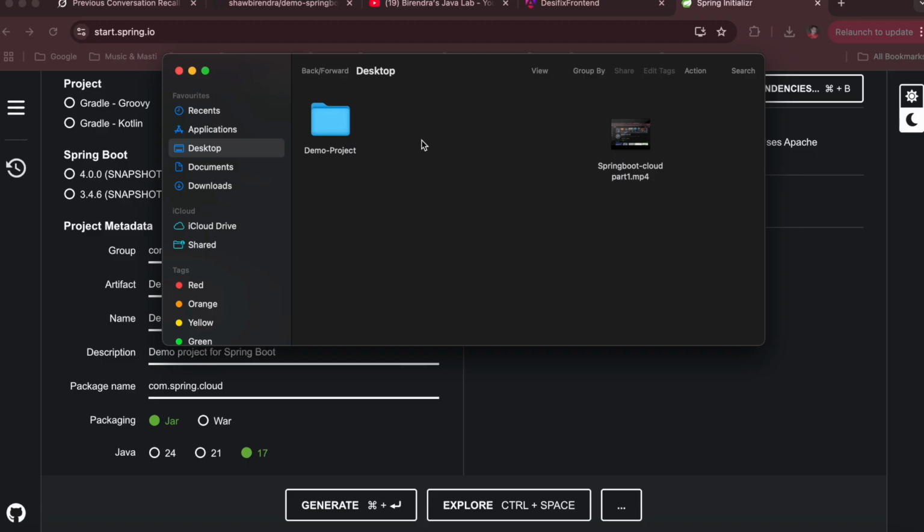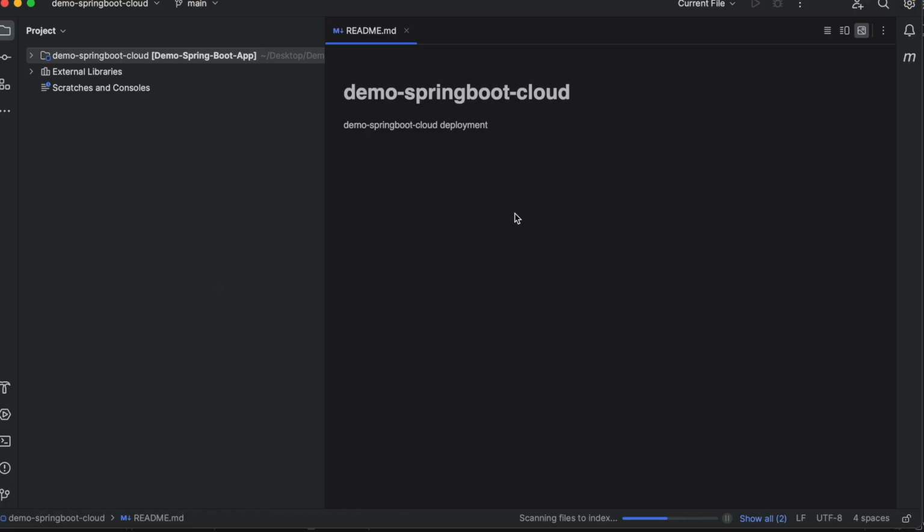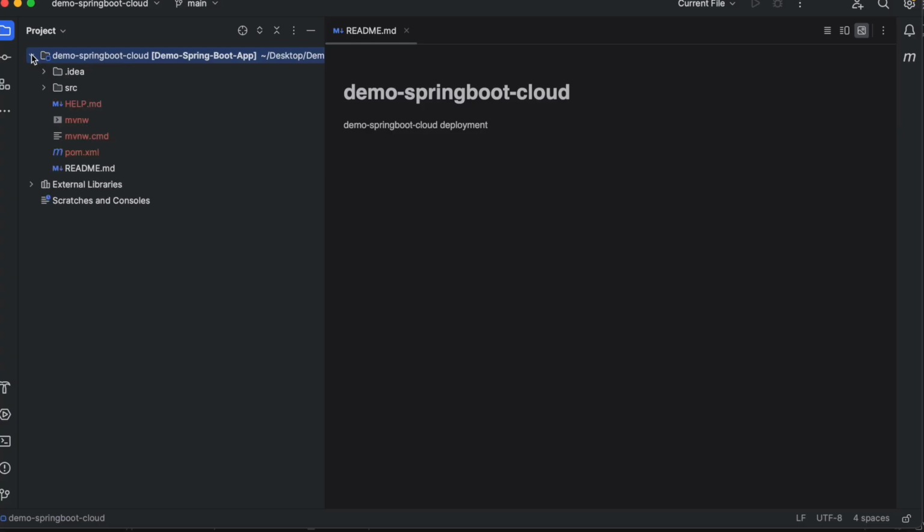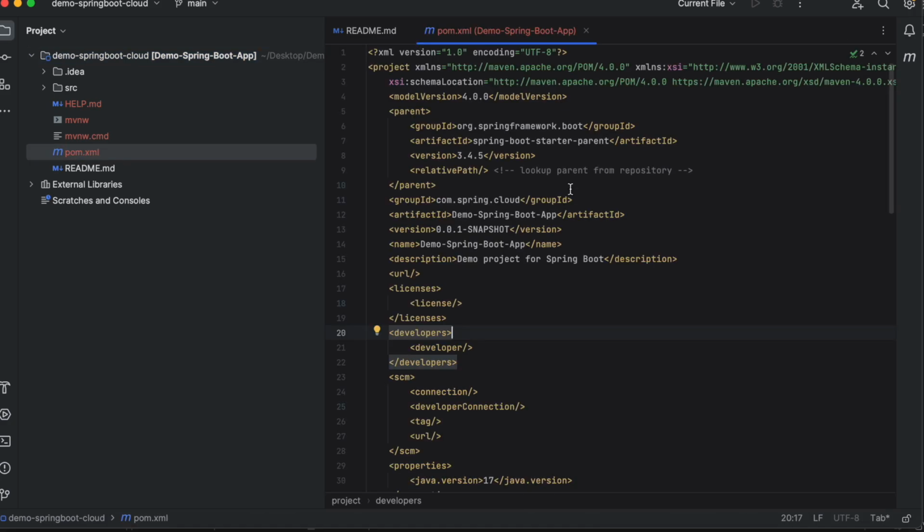I have IntelliJ, so I will open IntelliJ. So guys, we have imported this project into the IDE, and as you can see, this project demo Spring Boot Cloud has been successfully imported. Okay, and this is the project structure, and if you see this pom.xml, this is the information.